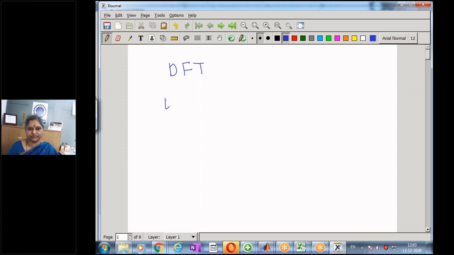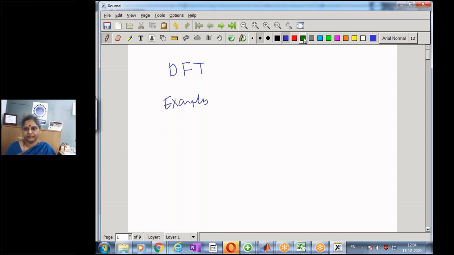take up some examples. We shall take up some examples to take a signal and observe its spectrum, and we'll also see that the DFT takes more time as compared to computing the spectrum of a signal using the fast Fourier transform. So this is the last module in the series on discrete Fourier transform.